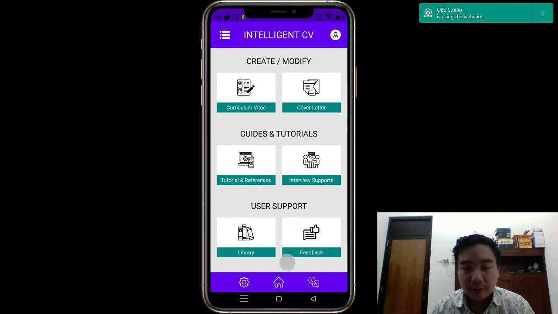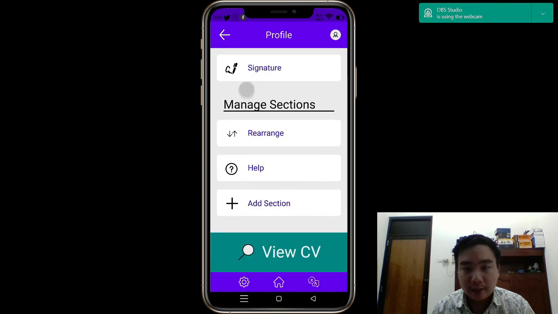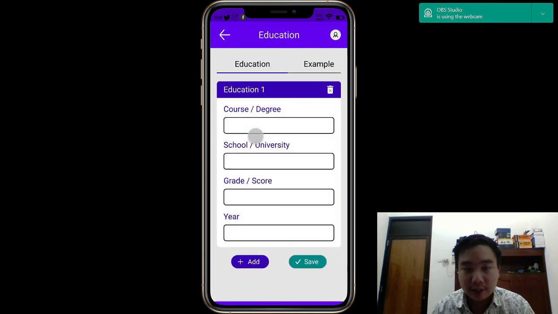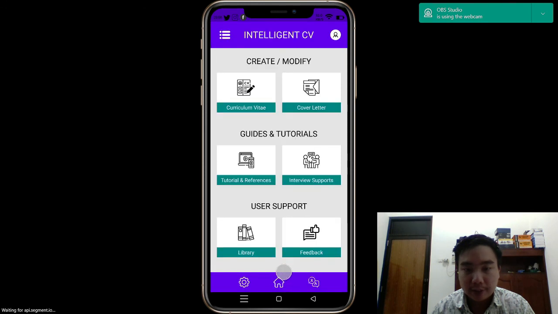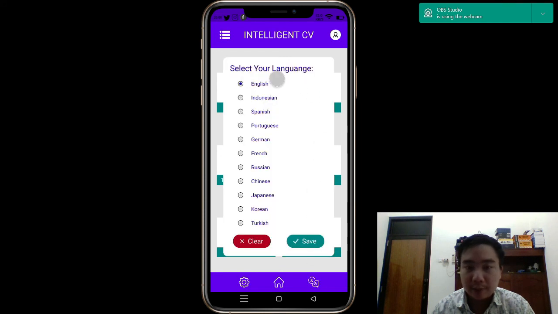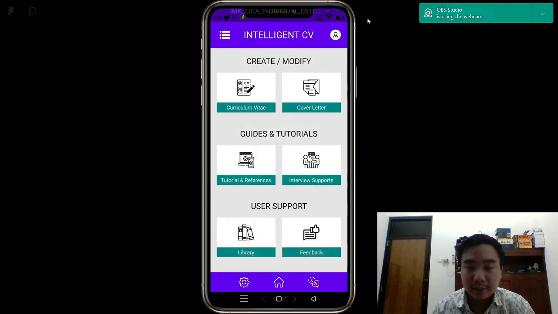Also, if you notice, there's the home button, where if we are deep in another section, we can go directly to our home with this button. There's also, if you are from another country and you speak a different language, the option to change the language from the available ones. In time we will add more languages. We can change it to Indonesian or back to English, something like that.